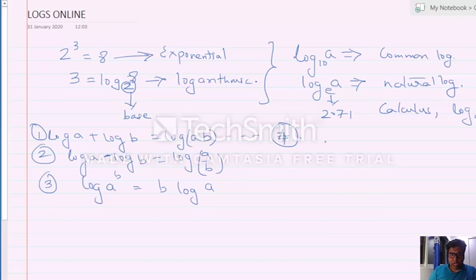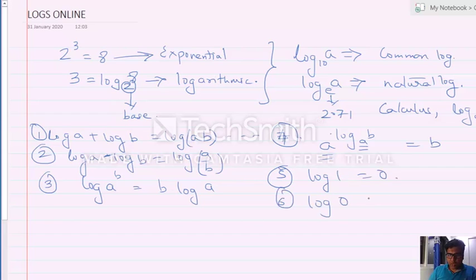Now here if you have something of this kind, like a log b to the base a, now what do you see? You see the number and the base. If both are same, then the answer is b. Okay, further you should know that log 1 always is 0, right? Next, log 0 is not defined,